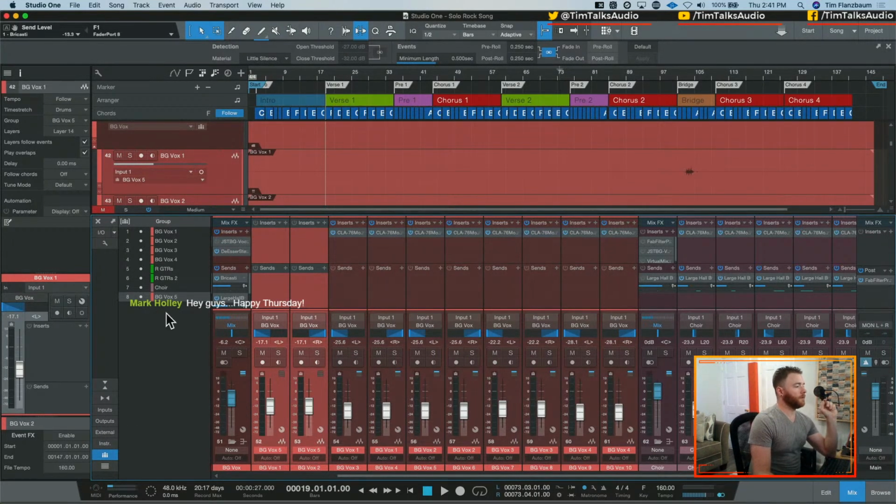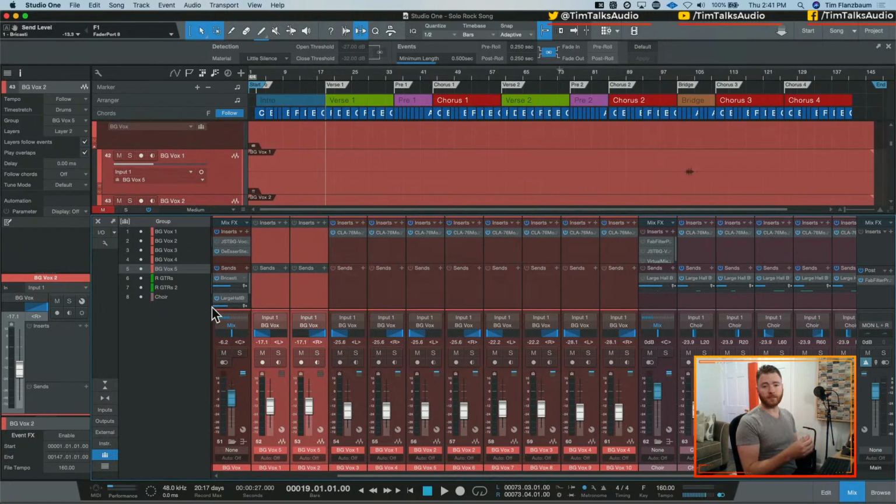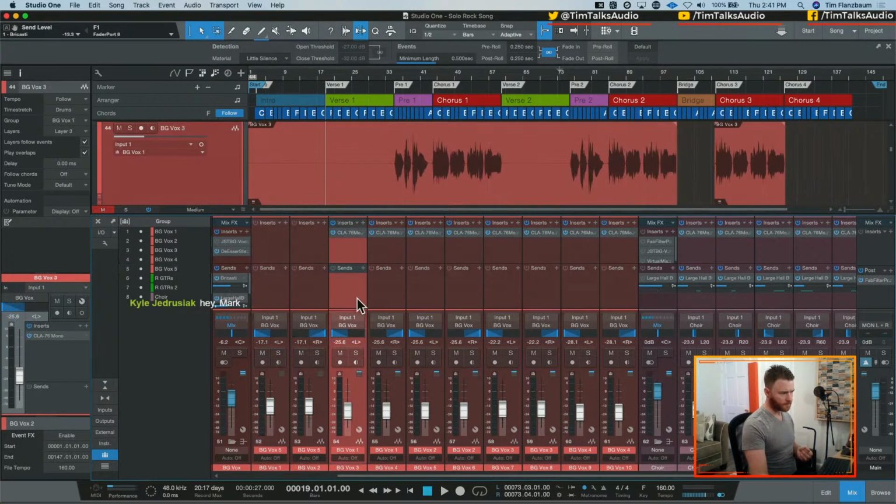So first I want to move this just for organizational sake. First things first, when you make a group, it does a bunch of things where it actually combines a bunch of controls. Now, you guys might be used to